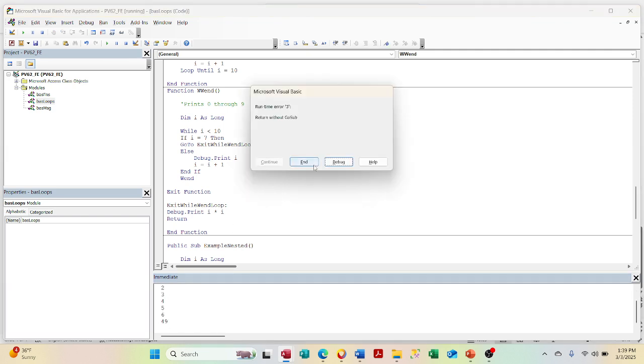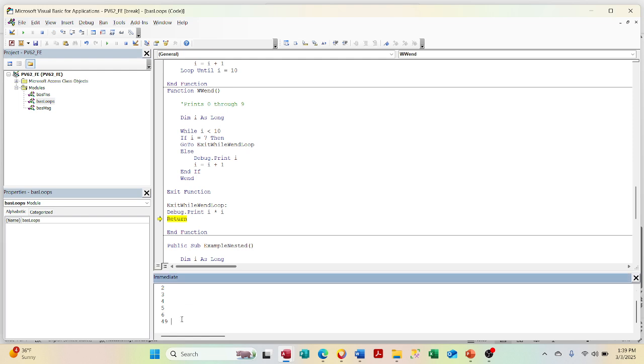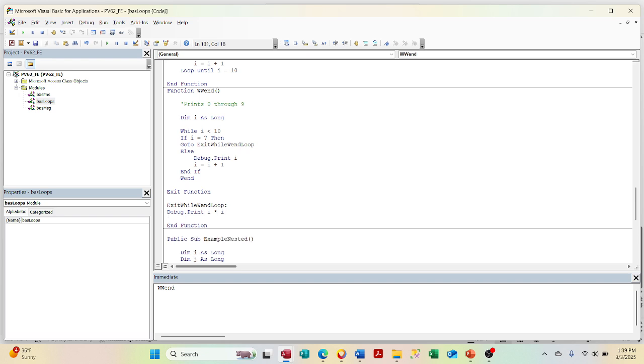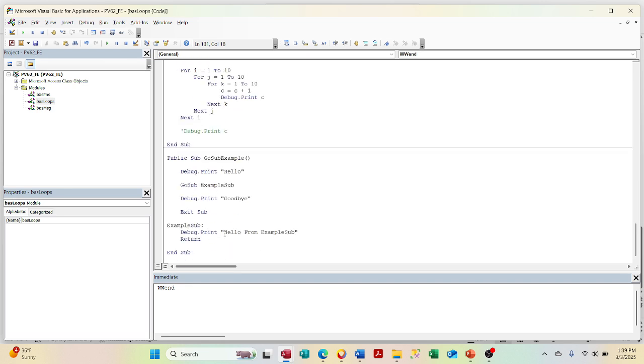And we get return without GoSub. So return requires a GoSub. You can't return without that. It's a statement for GoSub. All right. To stop, we press our little square here, and we're going to remove that return message. There are ways of using that, and so here